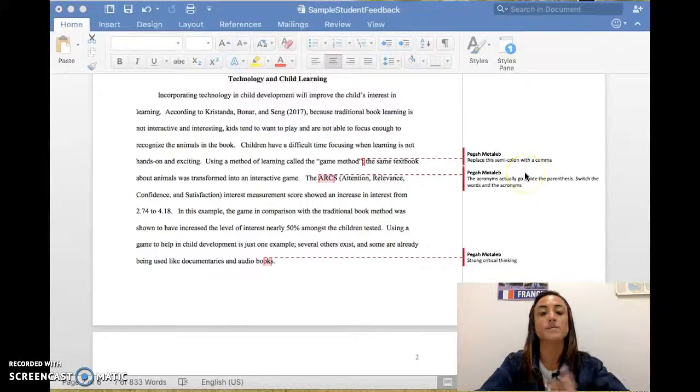These are very simple things that we can go back to our paper and change very quickly. And if you're using acronyms in your paper, the acronyms go inside of the parentheses. For example, this person used the acronyms outside of the parentheses, so they would just have to change that so the acronyms go inside.